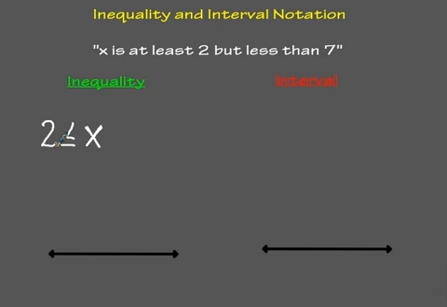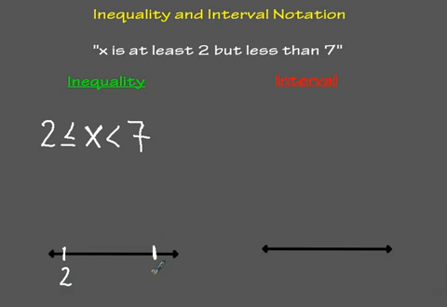And at the same time, they need to be less than 7. They're not going to include 7. They're going to be less than 7. And I would suggest whenever you read these, read them from the variable side first. X values greater than or equal to 2, and the x value is less than 7. When we graph this on a number line,